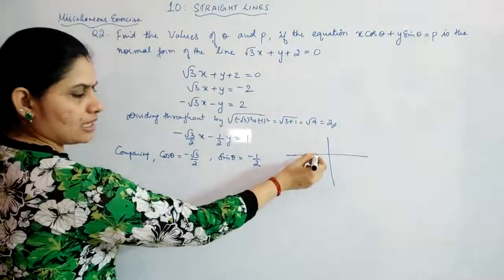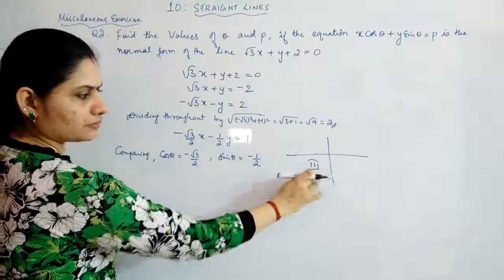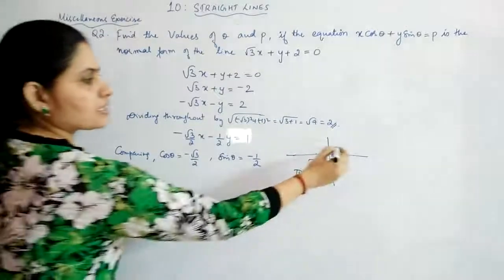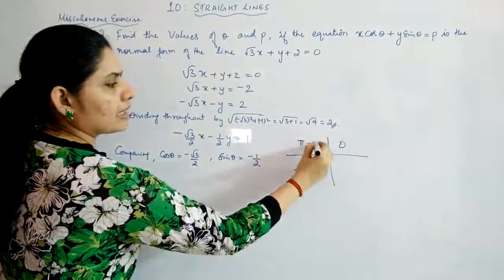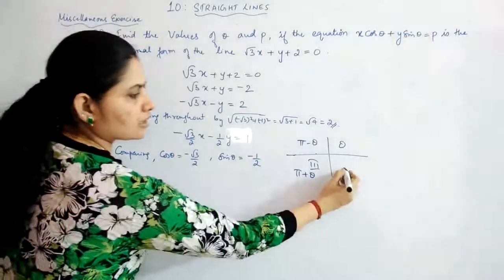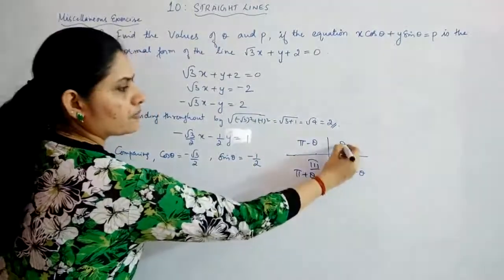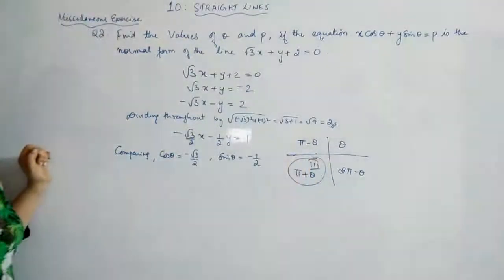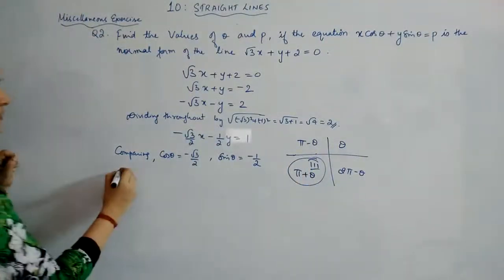Till this it is pi. So an angle in this quadrant should be taken as pi plus theta, right? Here it is theta. Here you should have pi minus theta for the second quadrant. For the third quadrant, this is pi plus theta, and here you have 2 pi minus theta. This is the way to take the angle. So for the third quadrant, you have to take it as pi plus theta.